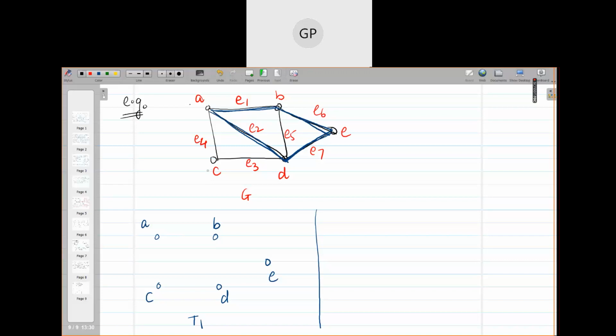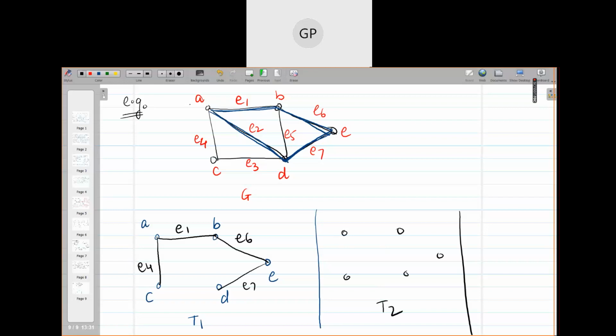So we want to make the graph connected and circuit free, and that way we have to select 4 edges. So suppose I select this, this, this and this. I am selecting 4 edges such that there is no circuit in the graph and every pair of vertices is connected. One more I can draw. Similarly, I can draw many from this graph. If I select this edge, I will select here this edge, and this edge. So I'm selecting E1, E2, E4 and E7.